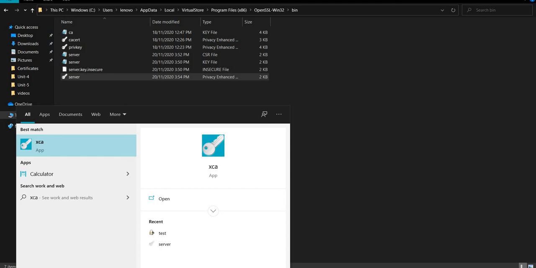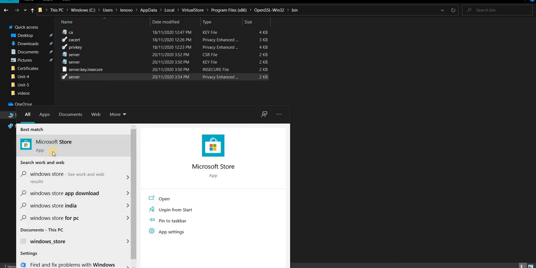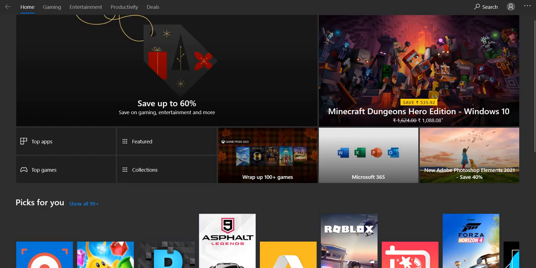So you just go to your Windows Store, open your Microsoft Store, and from that you can download this certificate viewer. This is your Microsoft Store.